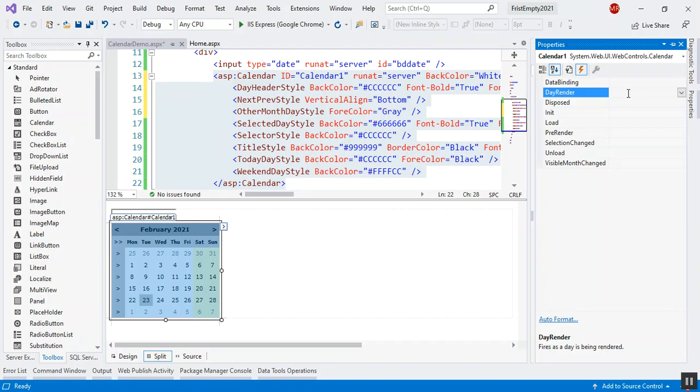We had seen that we have got page render event and page pre-render event, correct? Same way we have got day render event, and this rendering event is available for almost all controls. Here we have got pre-render event. Same, these events are common for data binding, dispose, init, load, pre-render and unload. These events are common for almost all controls. But here we have got day render event, which is specific for this calendar control, and